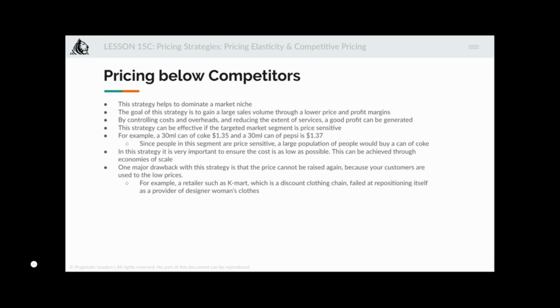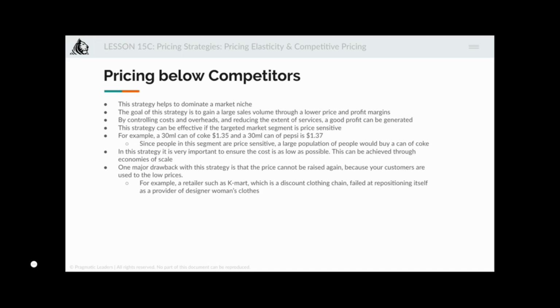And then pricing below the competitors, that's another strategy, and this is used to dominate a market niche. Okay, so the goal of this strategy is to gain a large sales volume. It's not on the lower price or the profit margins. The idea is to gain a large sales volume, so you'll price below the competitors, and by controlling costs and overheads and reducing the extent of services, you can perhaps generate a good profit as well,